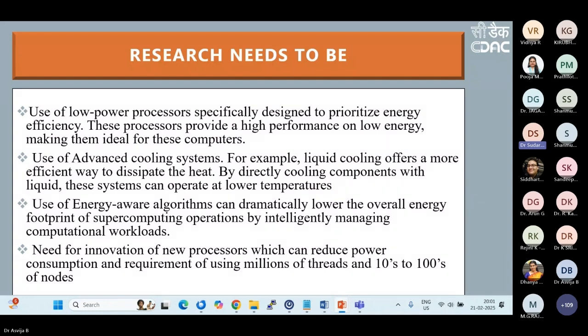Last but not the least is, for example, what kind of thing? Recently, there is a lot of talk on whether you really need a full-fledged GPU for AI data training and training the AI models. It's a big question mark. Suddenly, someone is saying that we can do it with 10% of the GPU power that is currently being claimed by somebody else. So that basically means that if you do it right, probably there is a huge scope for improvement